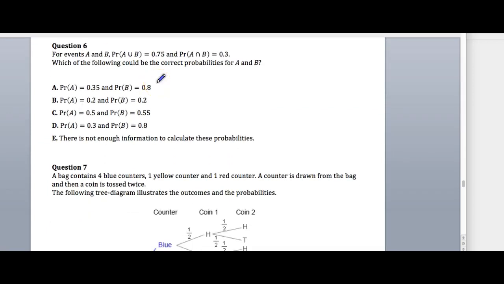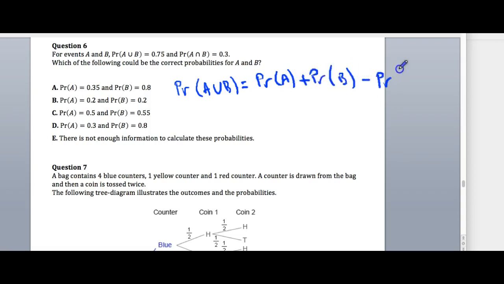All right, for events A and B, A is 0.7, A or B is 0.75 and A and B is 0.3. Which of the following could be the correct probabilities for A and B? Okay, so here you would use the addition rule. So probability of A or B equals the probability of A plus the probability of B minus the probability of A and B. I know that A or B is 0.75. I don't know what they are, but I need to take away 0.3. When I add these together, so let's just call it X. So X has to equal,